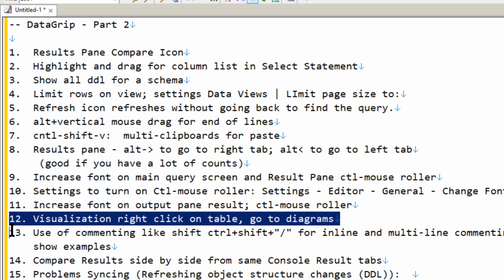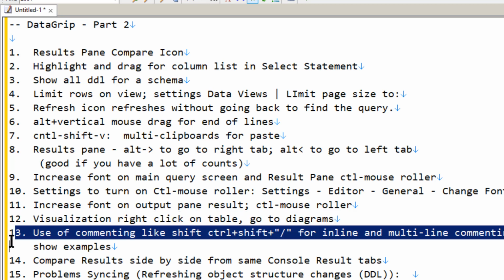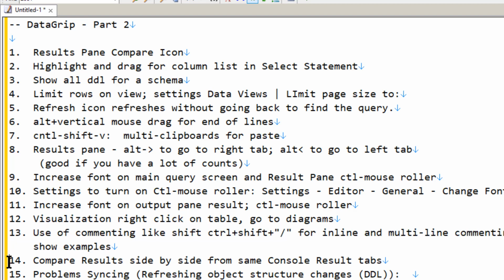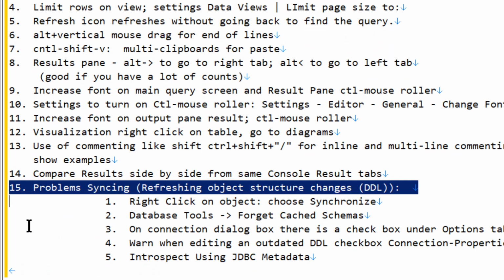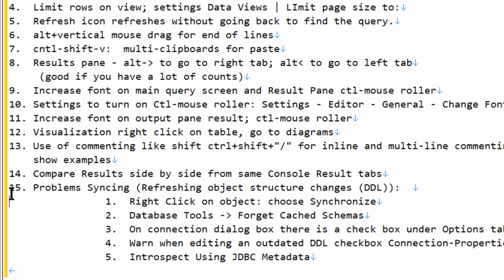Visualization, where you can see the diagram of your tables and their foreign key relationships. Using a comment, where you can do inline commenting, and the hotkey for that. Compare results in the console result tabs, side by side, which is also very beneficial if you're trying to compare results numbers. And number 15, problems with syncing, or what we would call refreshing when an object structure